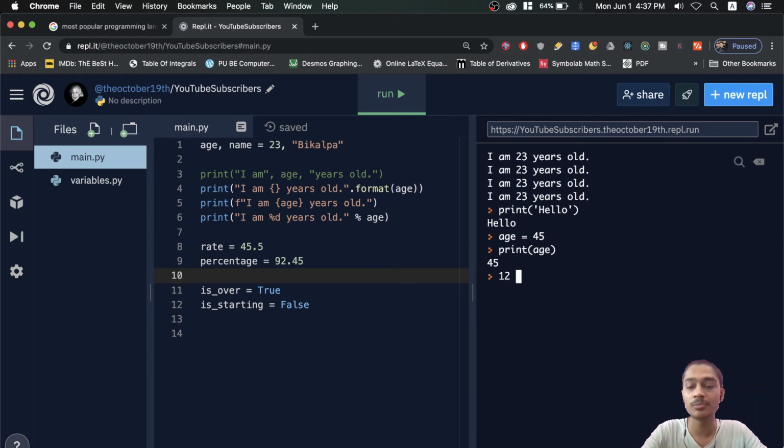If you do 12 plus 45, it will give you 57 because plus means addition. 12 minus 56 will give you minus 44, that is subtraction. 45 times 6 will give you 270, that is multiplication, and 45 divided by 6, that will give you